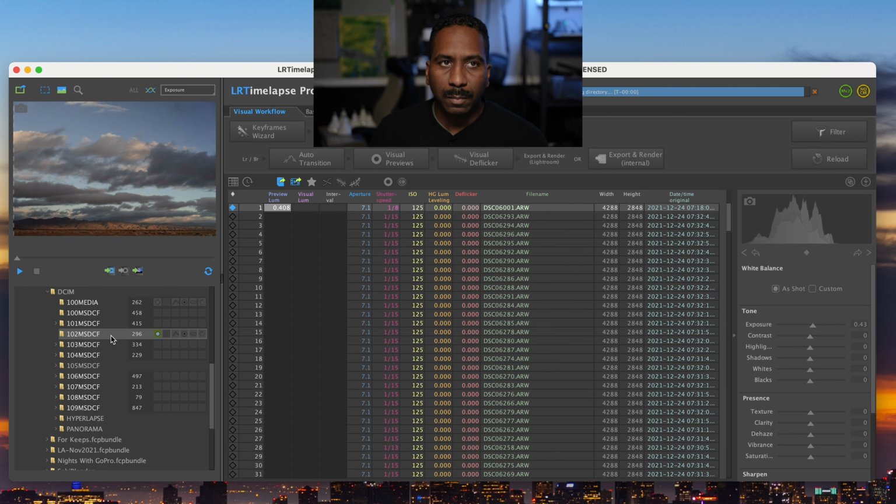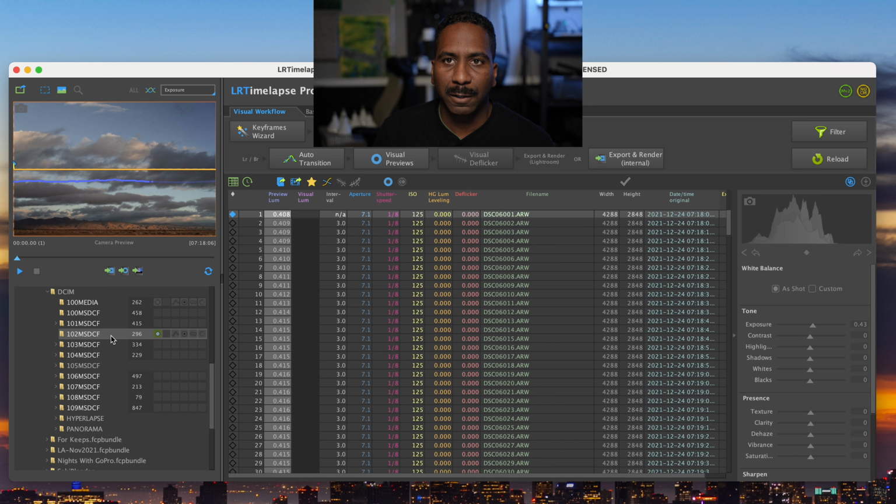So what's cool is this window over here. It looks like you can edit the photos right inside of LRTimelapse. I'm not sure. I haven't done any research about this. So I'm just going to jump in as if I know what I'm doing. I'm just going to click this first image here. And it looks like in the preview window over here, can I make that bigger? I don't think I can. So in this preview, just keep an eye on this preview over here as I boost up the exposure of this shot,